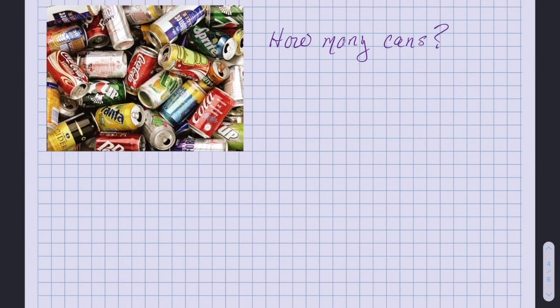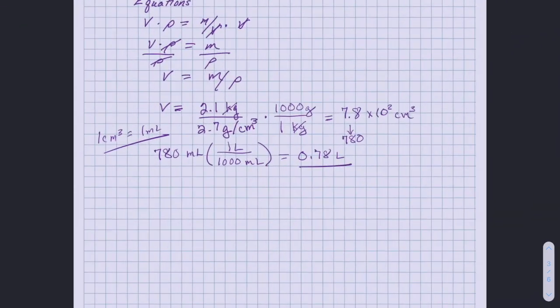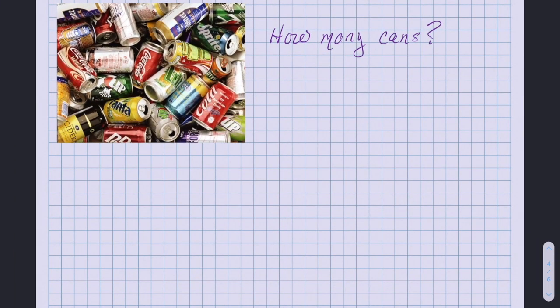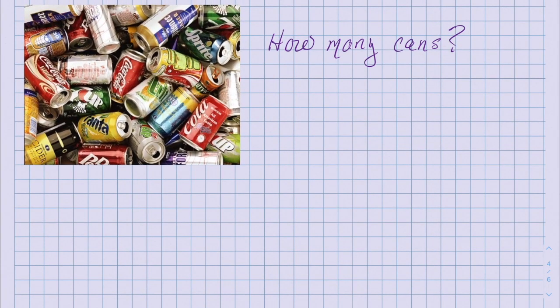All right, so how do we figure out how many cans we have that's compressed into this 0.78 liter or 780 milliliter volume? Well, what's our given? We know that we have 2.1 kilograms. So if we want to figure out how many cans